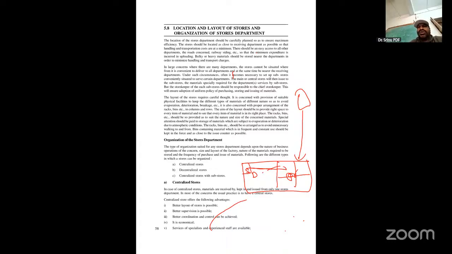This is the stores location and layout: centralized stores and decentralized stores, centralized stores with sub stores. According to their requirement, they are going to establish them. What is the meaning of centralized stores? Centralized stores means what? The materials received by the